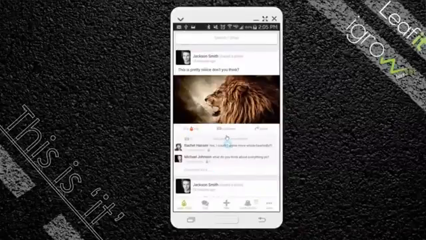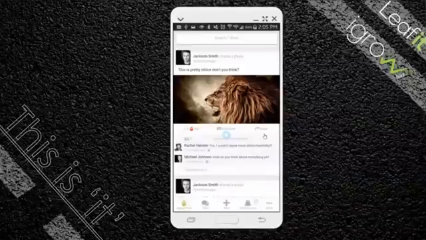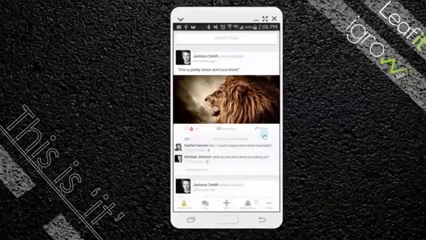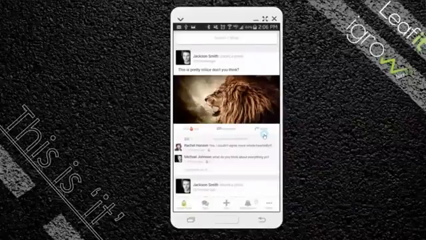The share button is going to allow you to share that post on this social network and onto other social networks, and you'll be able to caption it as well. So that's our version of what share is going to do. It's a little more robust than other networks because you'll be able to share on multiple platforms from that.